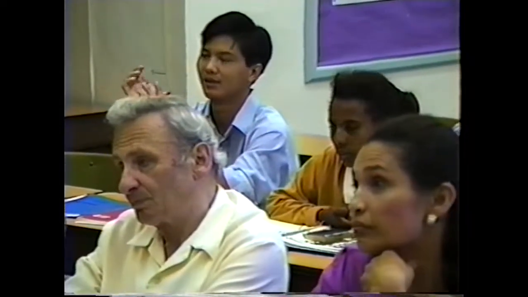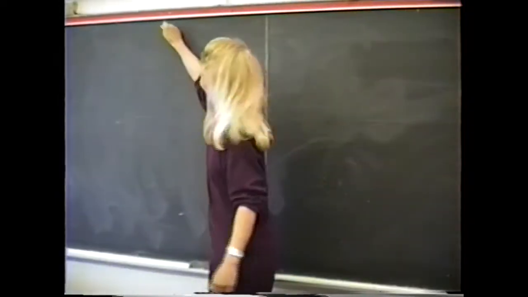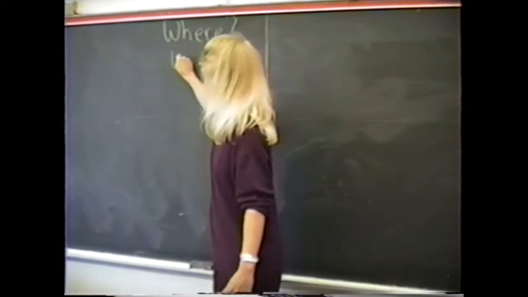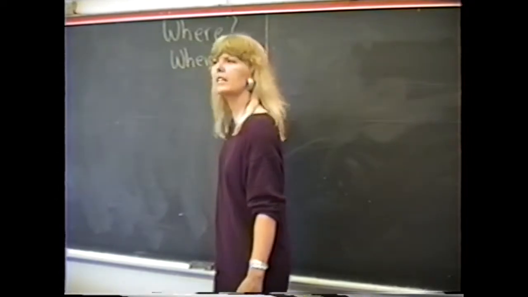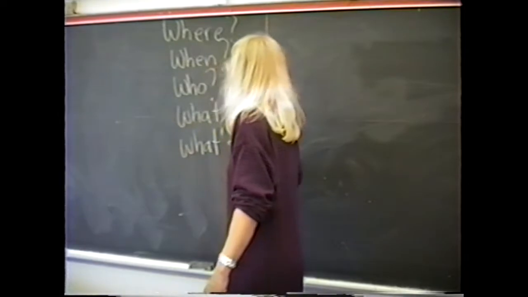We're going to brainstorm. Now, when you start to think about the picture, what sort of information are you going to need? What things will you want to write about your picture? Okay, where the story takes place. When what? When the story is happening, okay? Who's in the story? Maybe the names of the characters, okay? What else? What the story is about, okay? Or what's happening. Okay, what else?